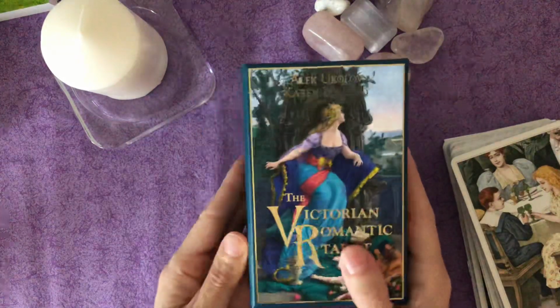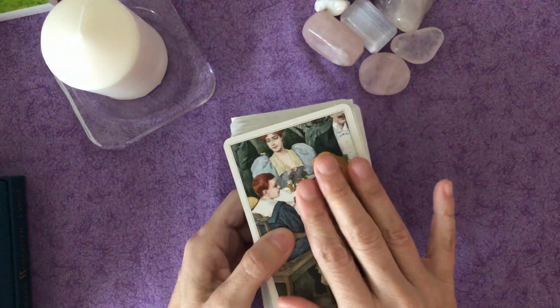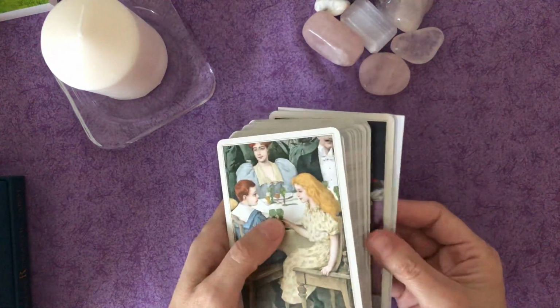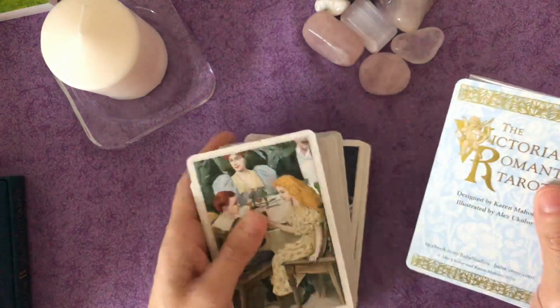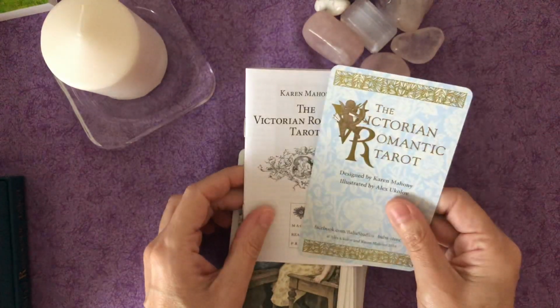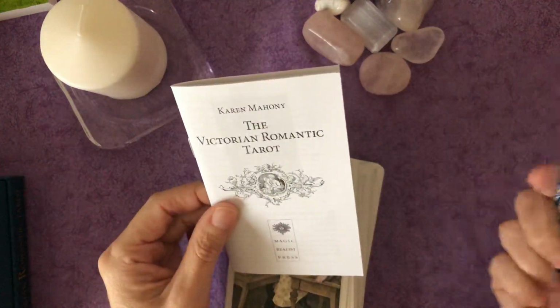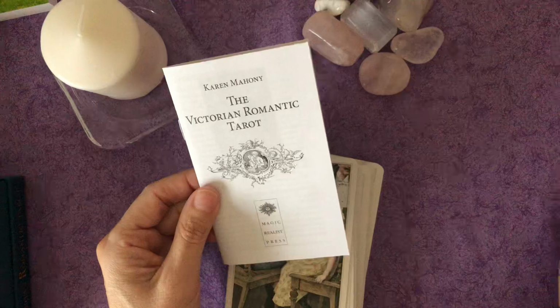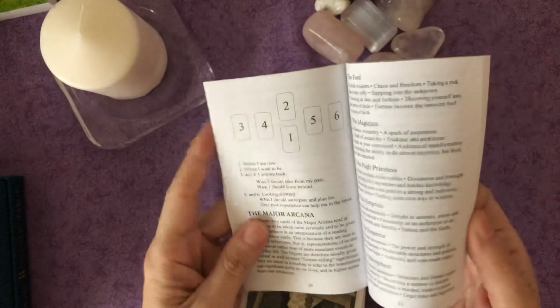you're all familiar with it. The beautiful embossing, and this is the second, I think, second or third edition. Probably the third edition. Just scratch all that. I don't know. But there are the beautiful backs, and I do have the little white book, and because I got this on eBay,